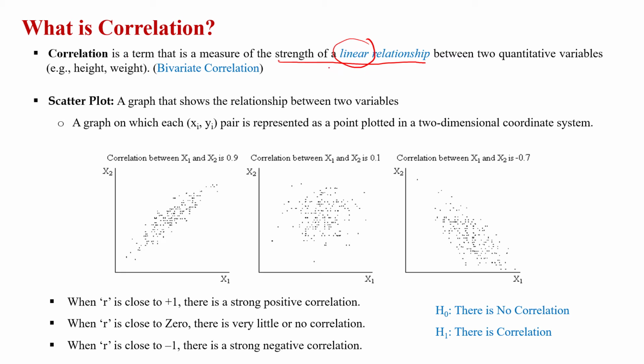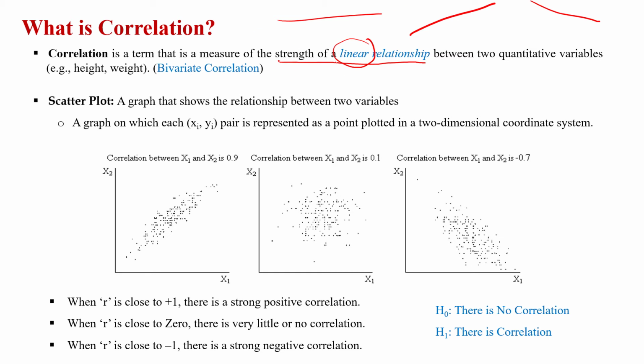If the two variables do not have a linear relationship, or you can say a straight line, then we wouldn't be able to calculate the correlation which we are applying. Right now in Excel we have applied the Pearson correlation. What that is, we will discuss later as well. The formula we have applied is basically the Pearson correlation coefficient.